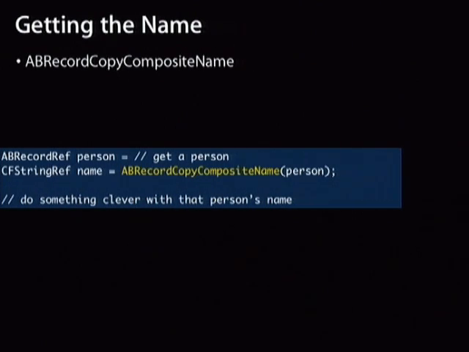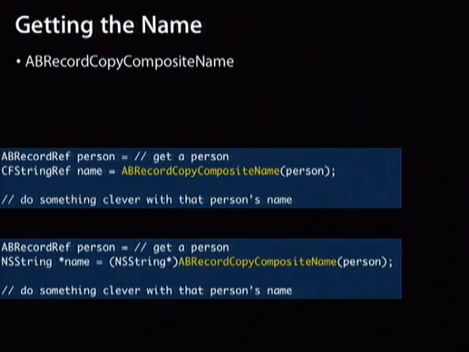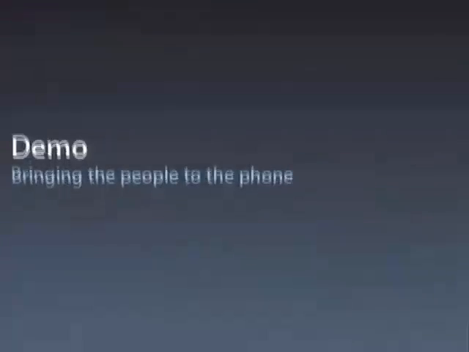In this example, you have a person. ABRecordCopyCompositeName, you get a string, that's the name, and you do something clever with it. If you want to do it in Objective-C, it looks exactly the same, except you're just casting more. But now you have an NSString star instead of CFStringRef. All right, so that was getting the name. Now